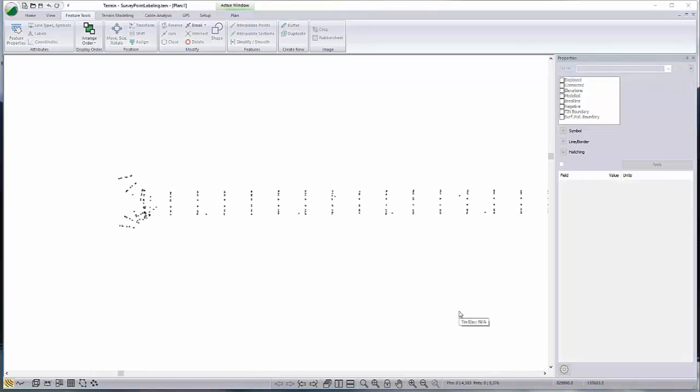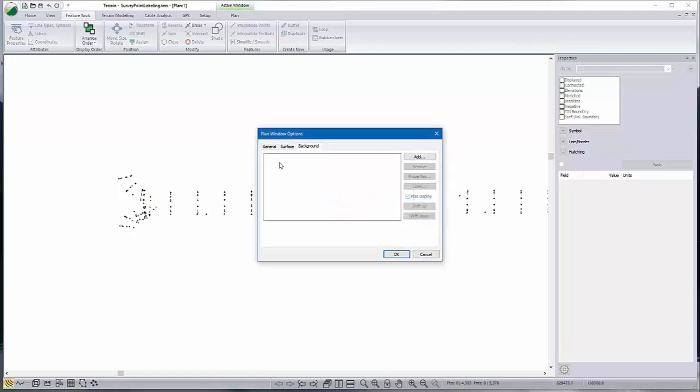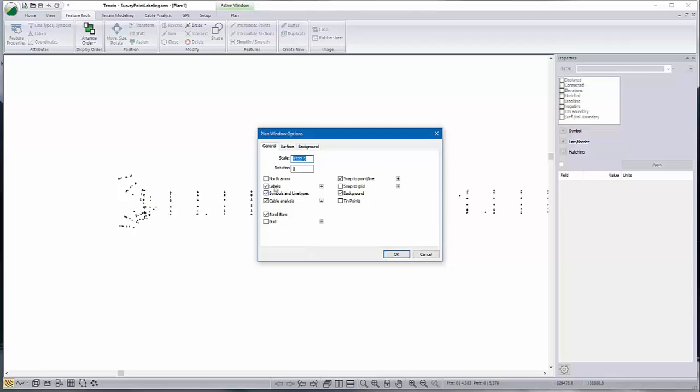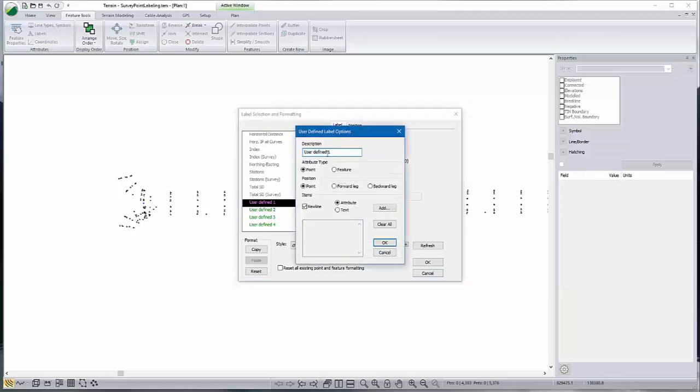Okay, in this example I'm going to demonstrate how to create user-defined labels to annotate survey points. So the first thing I do is I go into the Plan window, into the Active Window Options, go to the General tab, and beside Labels I'm going to click on the plus button, scroll down the list here until I get to User Defined. I'm going to click on that, go into Options, we'll call this Survey Points,